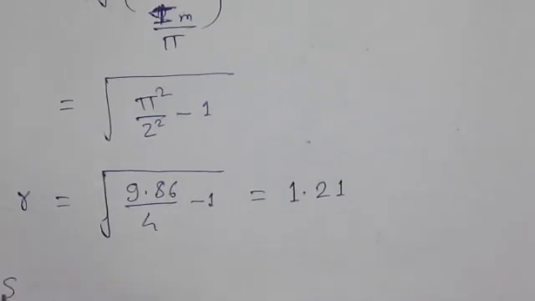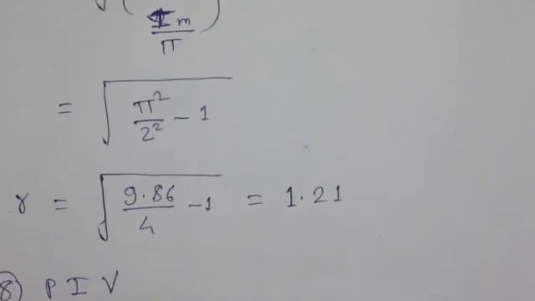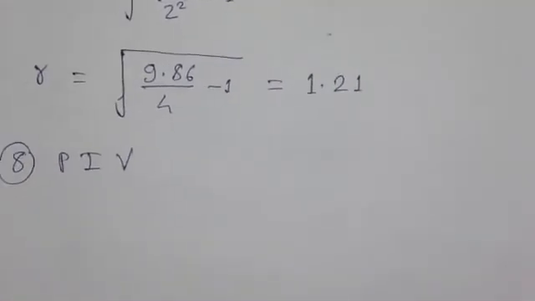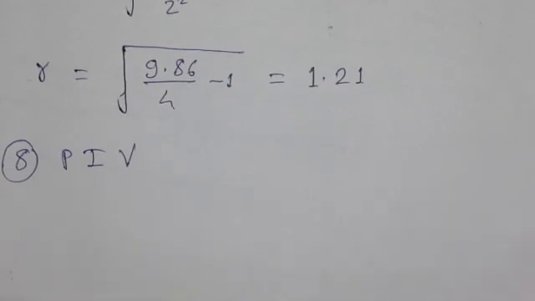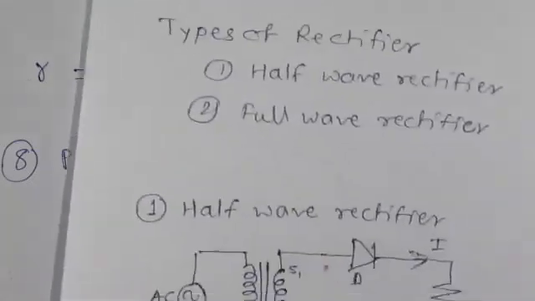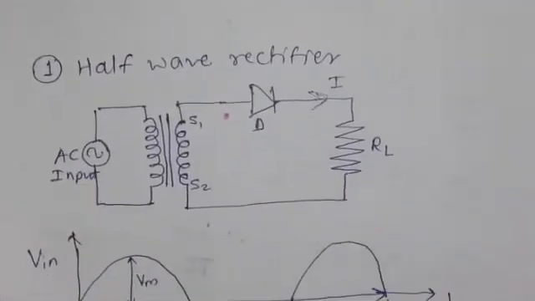And the last term that we require is PIV. What is meant by PIV? It is nothing but peak inverse voltage, the reverse voltage or inverse voltage when the diode is in reverse bias condition. That is, the voltage at the time when the diode is in reverse bias condition is called PIV. Now in that initial condition, what happens? We have to see the diagram again for this case.